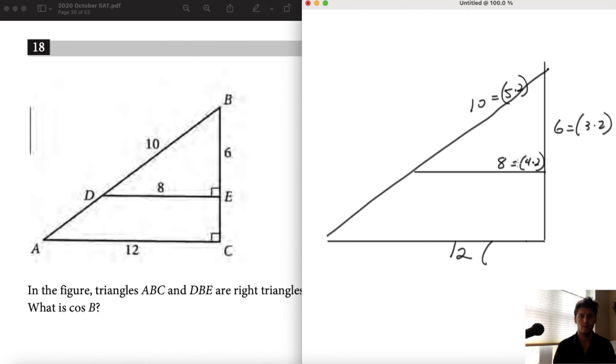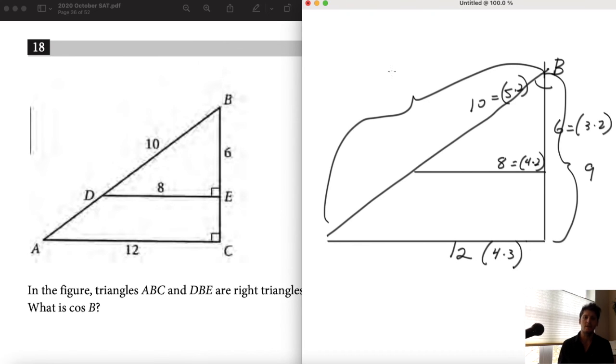They want to know what's cosine B. Actually, we don't even need to do all this information. Cosine B, it doesn't matter if you're dealing with a 3, 4, 5 or a 6, 8, 10, or in this case, this distance from here to here would be 9, that's 3 times 3, and this distance would be 5 times 3, or 15. None of that matters because cosine B is